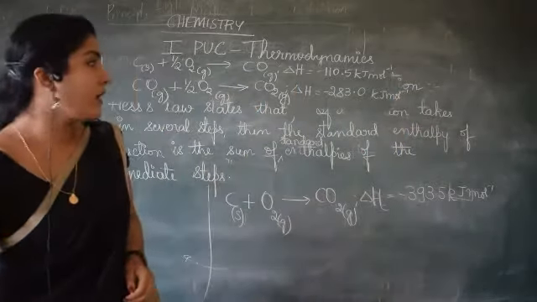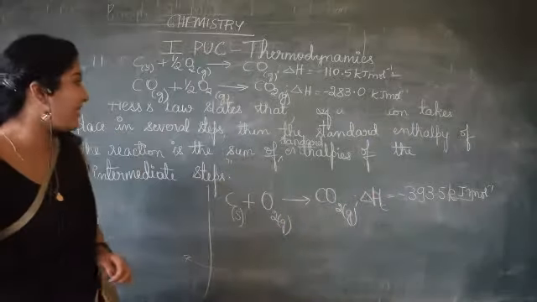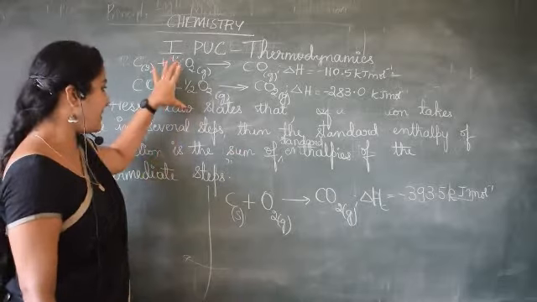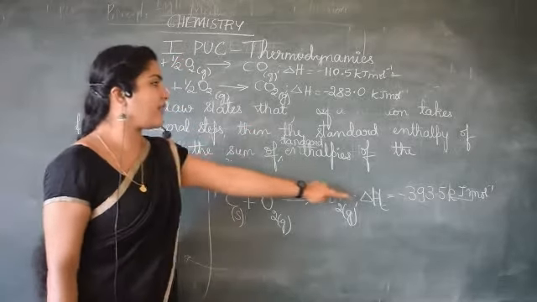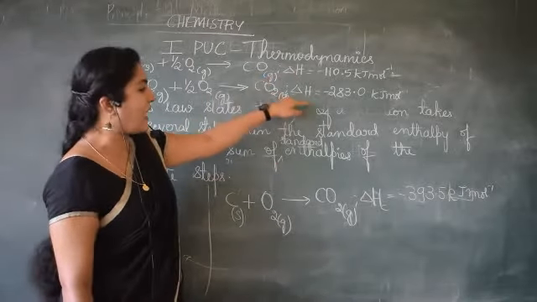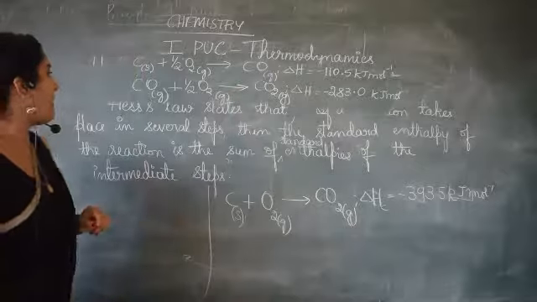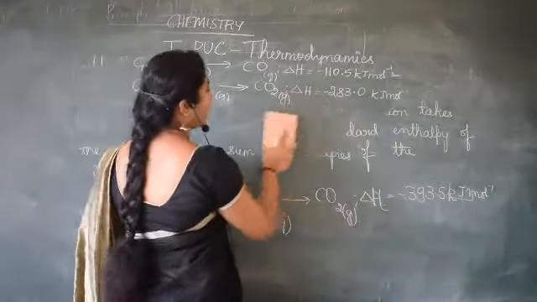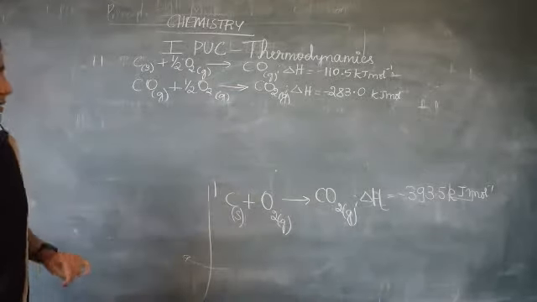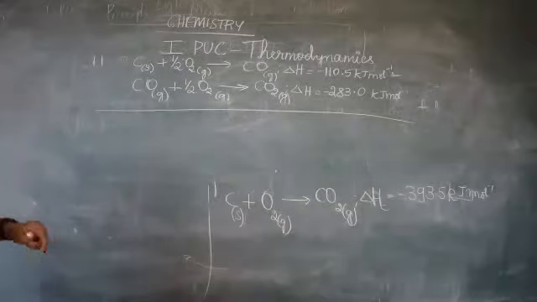Are you getting? Now, according to Hess's law of constant heat summation, what does it state? It states that if a reaction takes place in several steps, then the standard enthalpy of the reaction is the sum of standard enthalpies of the intermediate steps. Now, I will just tell you that if you want the standard enthalpy value, then you see this equation now. In this equation,